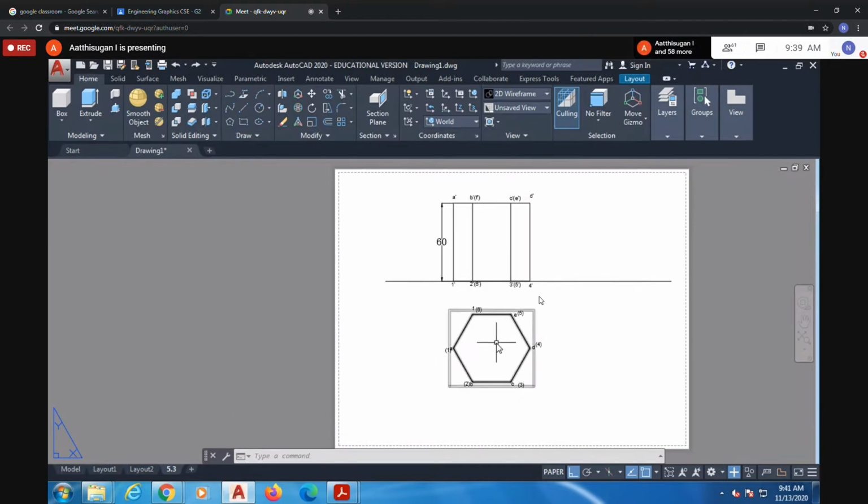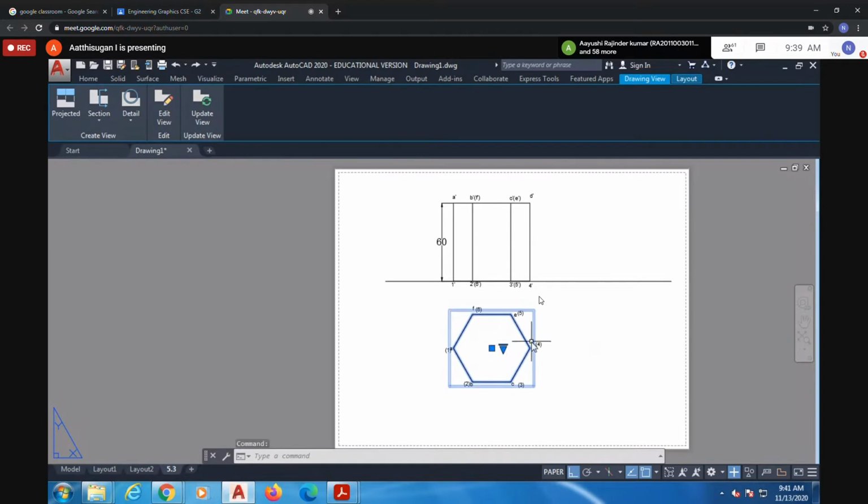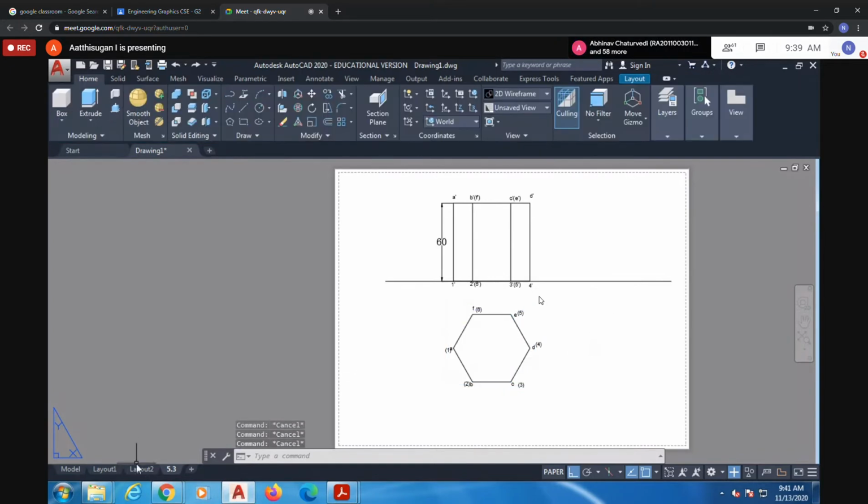Suppose the true shape is in here, meaning inversely. Okay, from your drawing, first you draw the front view, then project the front view to the bottom. Then the visible edges, that you can write. Okay. Here I told some. I'll come back here.